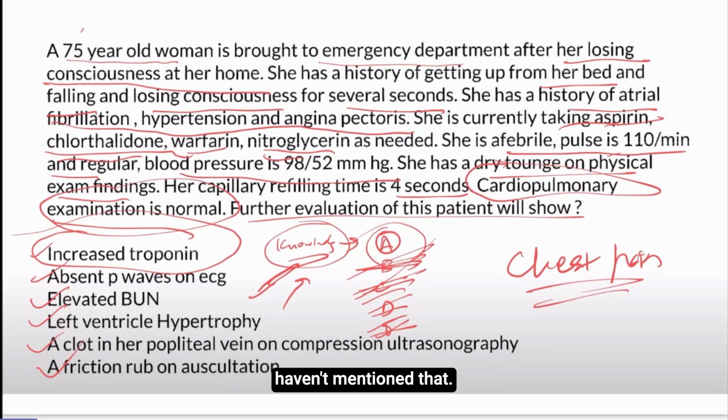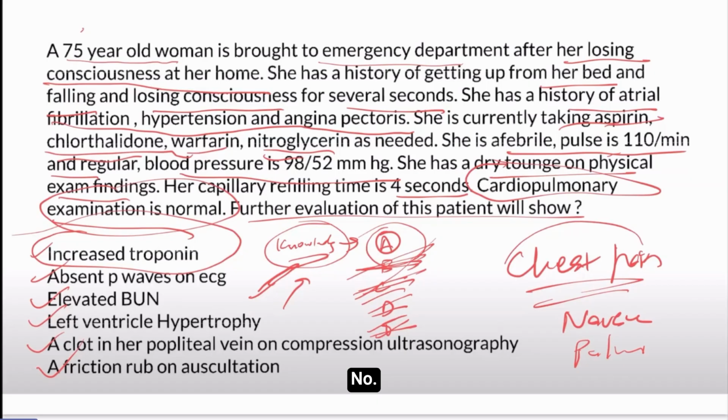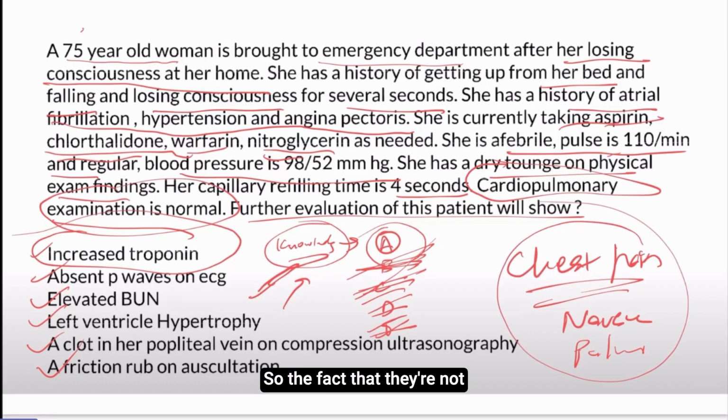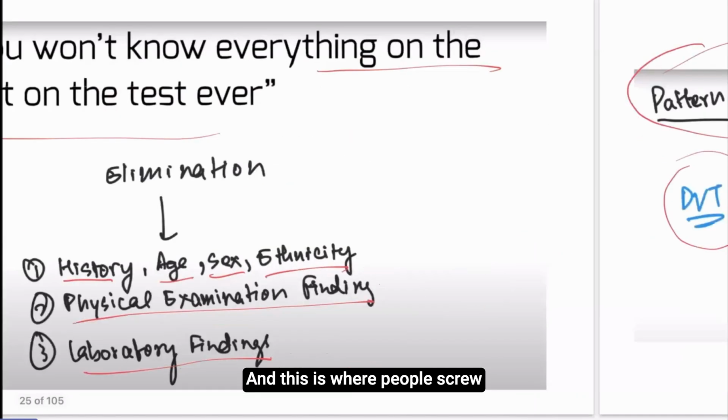They haven't mentioned that. Is there any pain that's radiating to the jaw? No. Is there any nausea that happens with MI? Are there any palpitations that you're getting? No. So the fact that they're not mentioning these things, they're not mentioning what should happen in the presentation itself, is a big clue to tell you it's not troponin. That can be ruled out. And this is where people screw up the most,